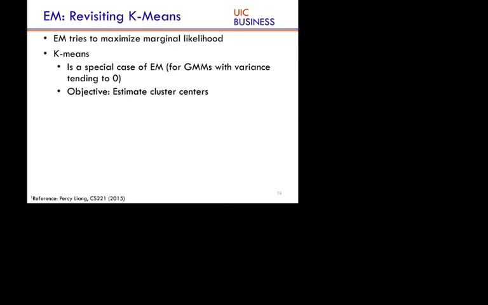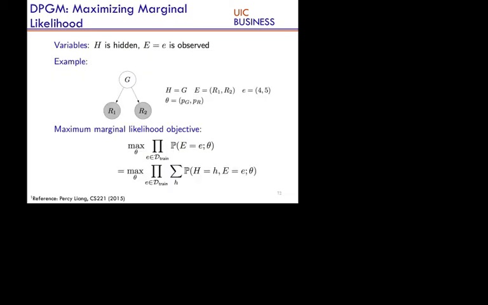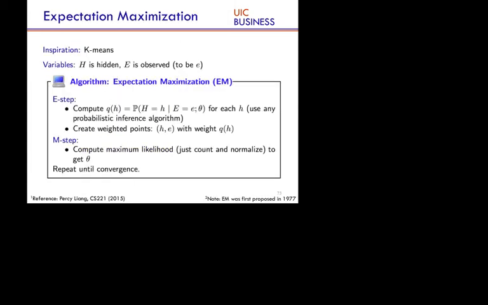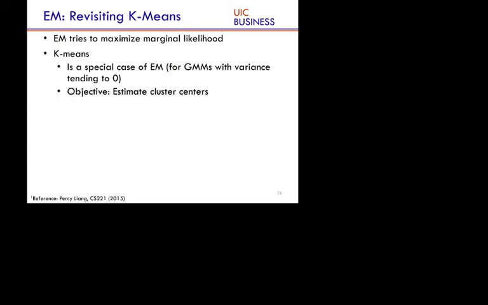Is the objective and the algorithm clear? The objective was to maximize marginal likelihood, which was this. Because hidden variables are not observed, I just want to maximize the probability of the data that I observed given theta, and I want to figure out the theta. This is actually just the same as this; I just marginalize over the hidden variables. So this is what I want to maximize. I'm doing it by proposing an algorithm which has 2 steps. In the second step, it is maximizing likelihood, so it's different from marginal likelihood, but it's okay. It's an algorithm which is doing something. The algorithm is trying to maximize marginal likelihood, and k-means is actually a special case of EM,